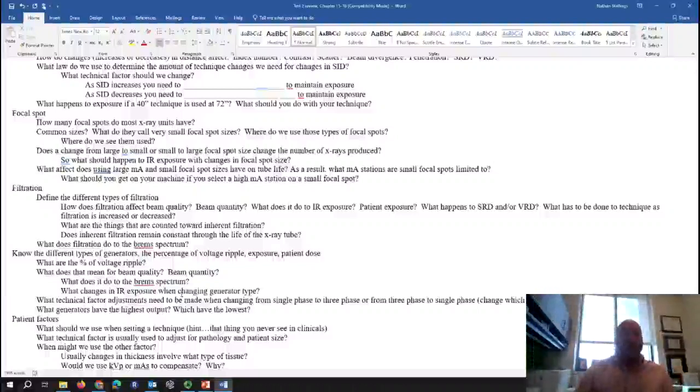So we need to adjust our technical factors by a factor of 2. If we go from single phase to three phase, our output increases by a factor of 2. So our technique needs to decrease by a factor of 2. Some of y'all are going to have a tendency to go in the opposite direction with this. So remember, as you increase pulses,